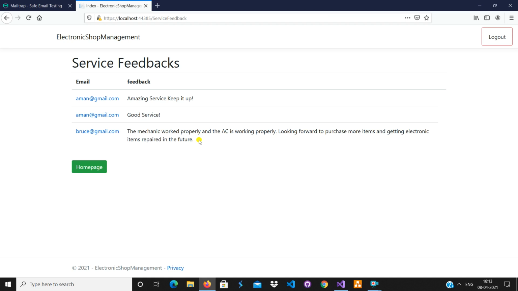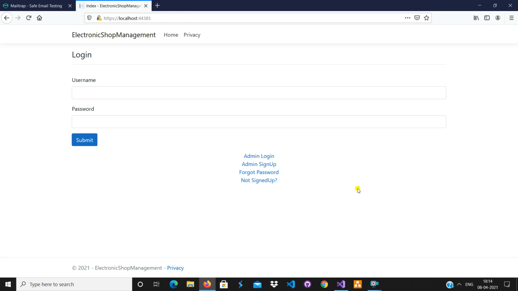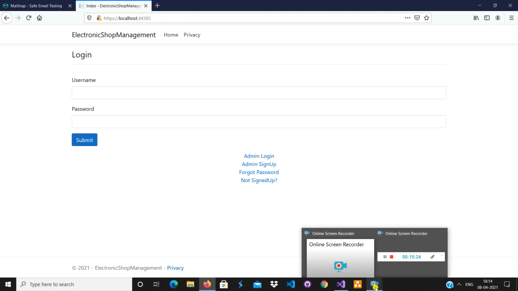And once the customer purchases any item, I can actually send them the bill in the form of an email. I have not implemented that portion. That thing also I can add. Rest, I have tried to cover the functionality of email also. This was my electronic shop management, which I have tried to implement.